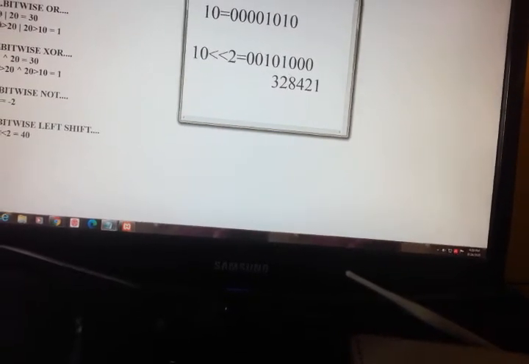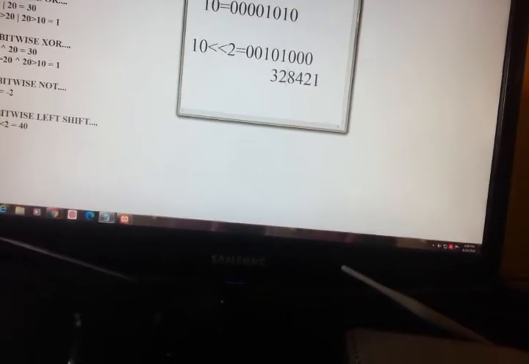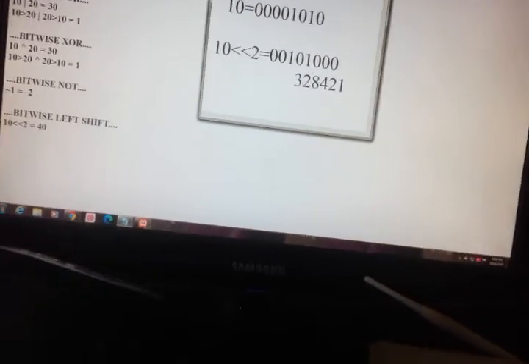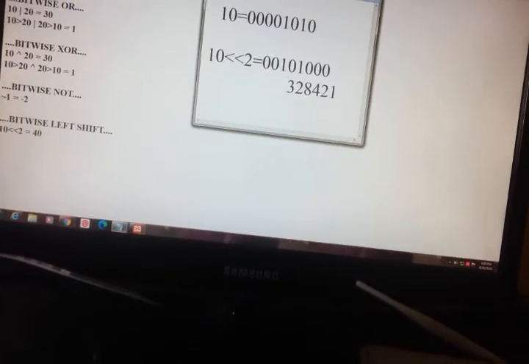So this is how it is calculated. So we got 40 there.